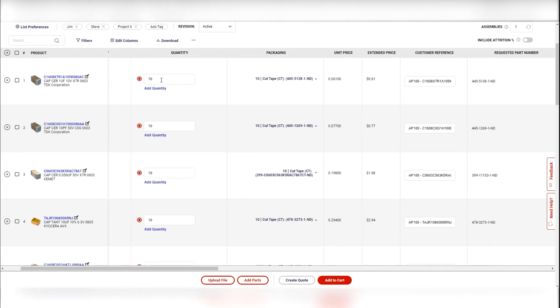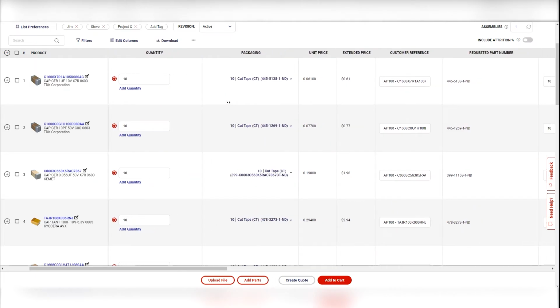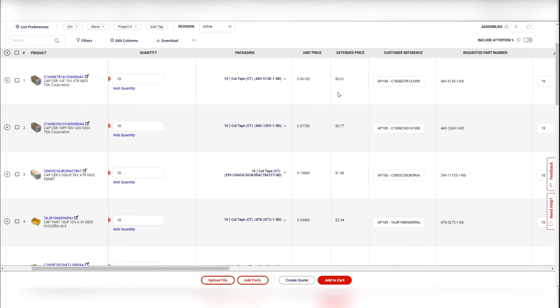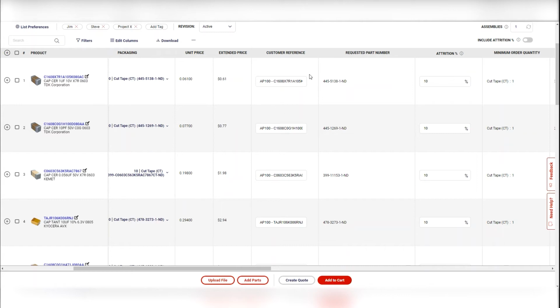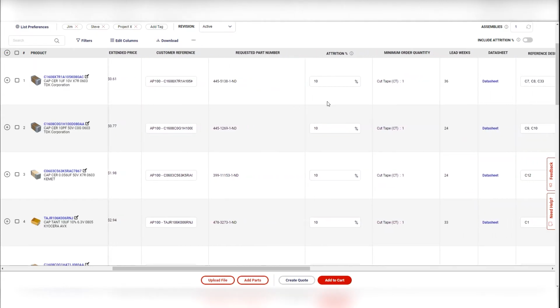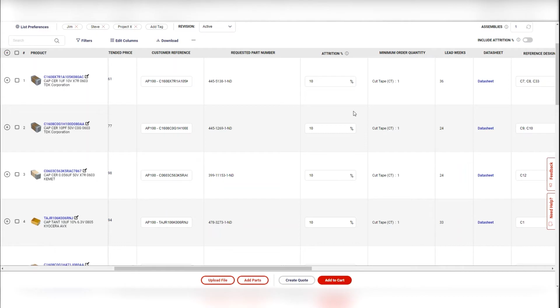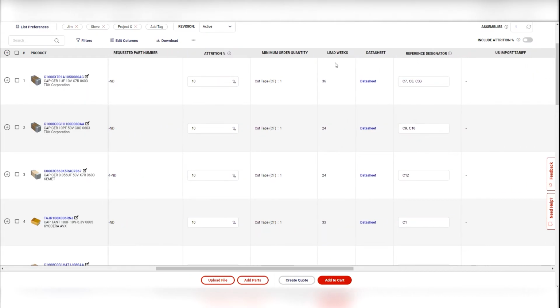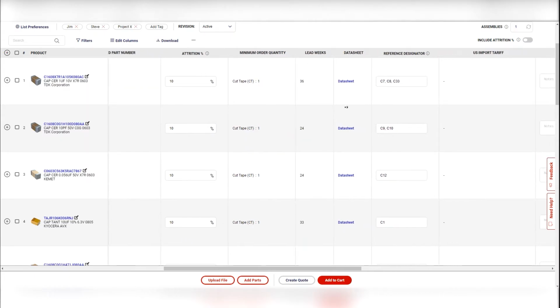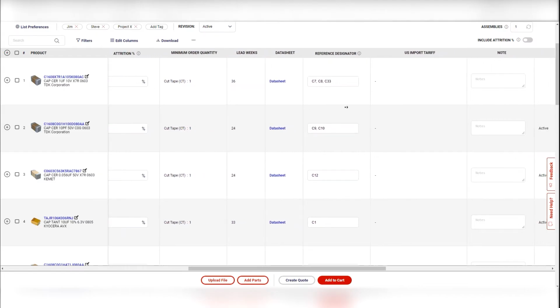Our current quantity for that product, along with the ability to add a number of other quantities. The current packaging setting, our unit price and extended price based on our current quantity, our customer reference number that does carry into all of our shopping carts and the various documentation throughout the ordering process, the originally requested part number, our attrition value, which we'll talk about here in just a minute, the minimum order quantity, our manufacturer standard lead weeks when product is not in stock here at DigiKey, access to the data sheet, our reference designators,